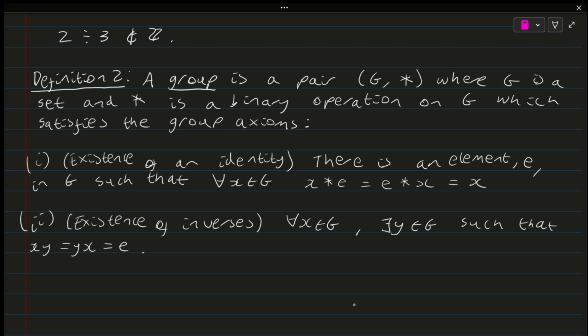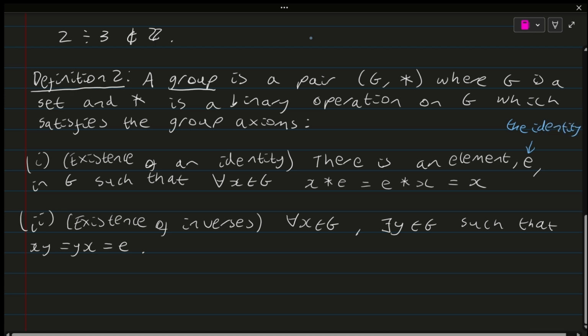This E, by the way, we call the identity. Now notice I'm saying the identity, but I haven't actually said that there's only one, and we will in fact go on very shortly to show that the identity is unique, and these inverses that we're talking about in the second axiom are actually unique as well. But first, there's one more axiom,